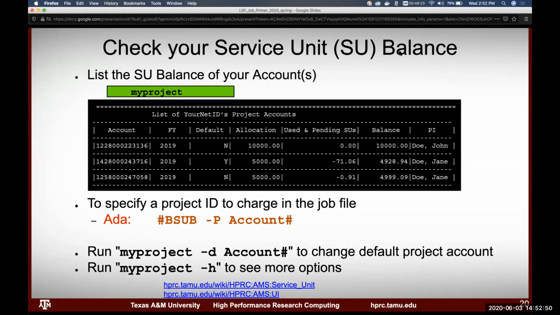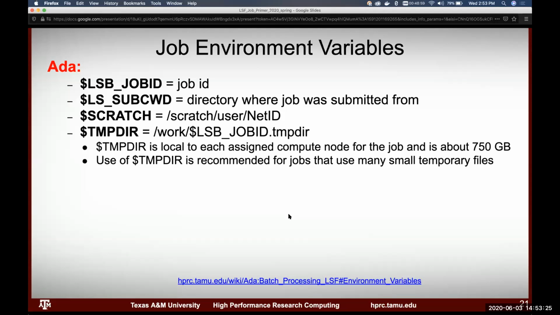So lastly, check your SU balance. After you submit your jobs and you start running a whole bunch of them, you're going to be thinking, how many more SUs do I have? You use myproject, specifically myproject, and then -L. That will show you this output right here, and shows you your accounts and how many SUs you have left, or your balance. And then you could change the default account, but the LSF directive to change the allocation to charge is going to be -P, but that is an optional specification. Okay,